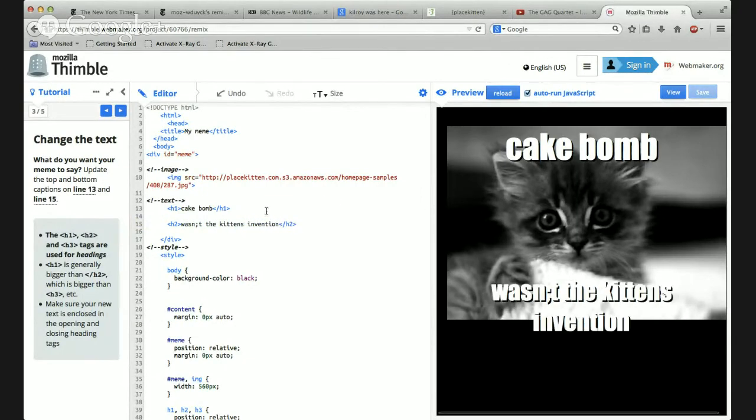I'm going to type an extremely long one and see how well this reacts. There we go. I'm going to make it shorter because in the spirit of memes, there's usually very little text. There you go. Not Kitten's invention. So I've created a meme super quick,